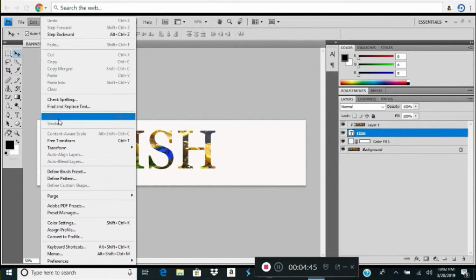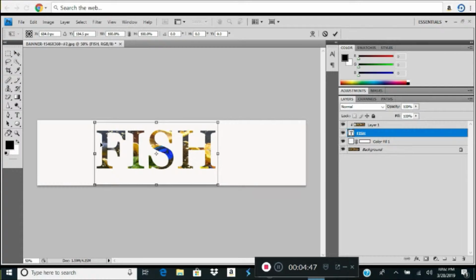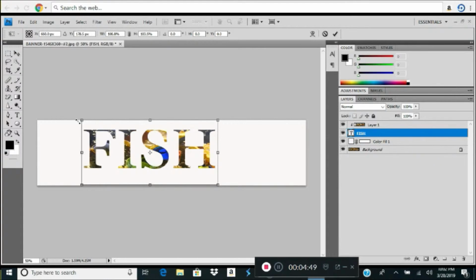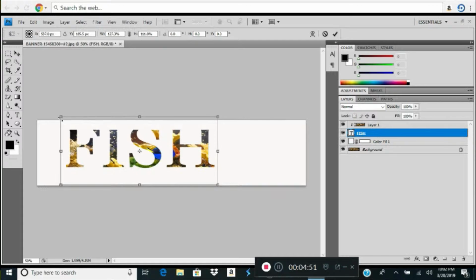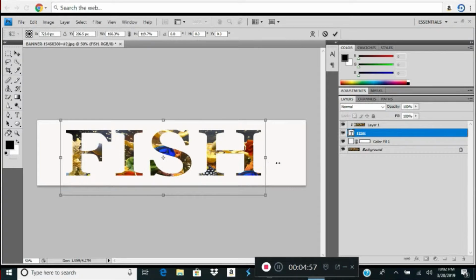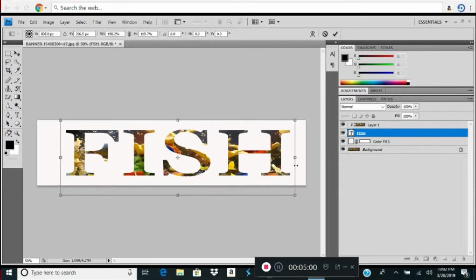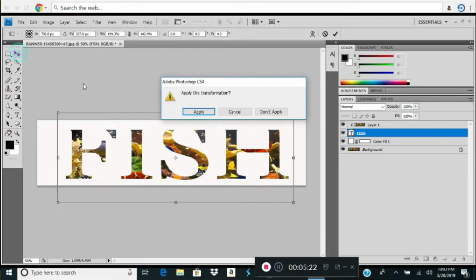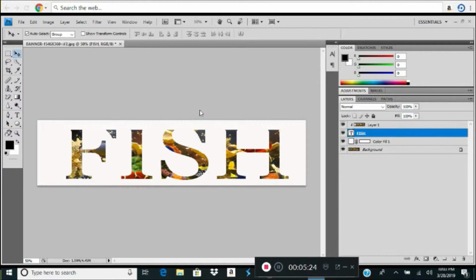Go to edit, retransform, and there you go. Nice and big. Stretch it to wherever you want. Move it over. Let me get real big here real quick. Then I'll go here and hit apply. And there you go. You can see right here the F right here, FIS, the fish, that is kind of cut off. That's because when I went to layer one,